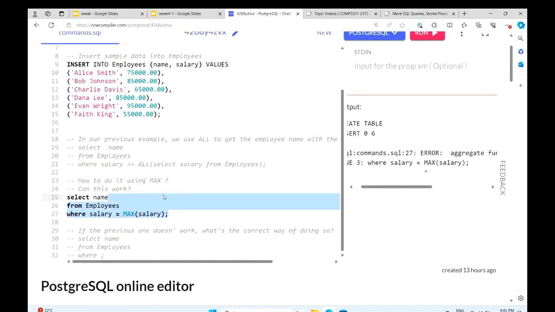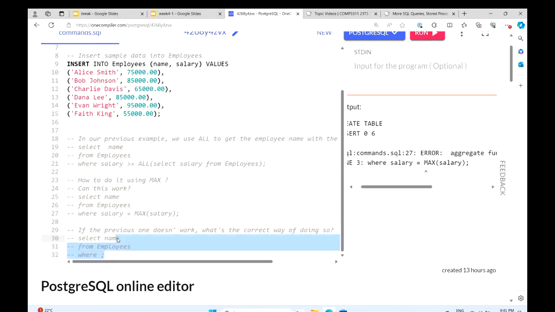So if this one doesn't work and we still want to use MAX, what can we do?